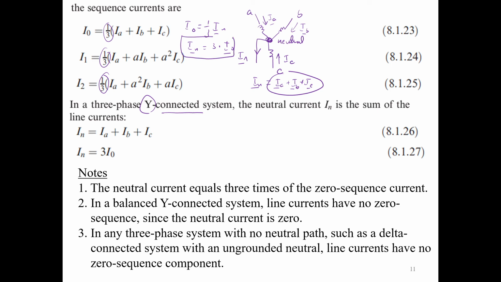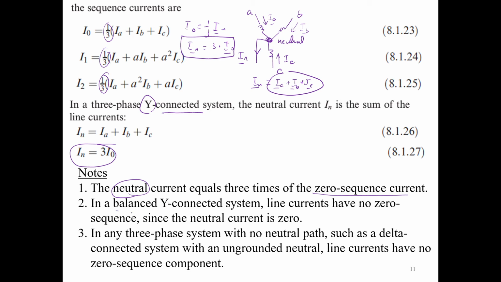Now this is the observation. Note that the neutral current is equal to three times the zero sequence current. If you want to know the neutral current, you can manage to decompose the unbalanced current into sequence components. Once you know the zero sequence current, you just multiply by 3 and you get the neutral current. For the balanced Y connection, of course, if it is balanced, then the sum of IA plus IB plus IC